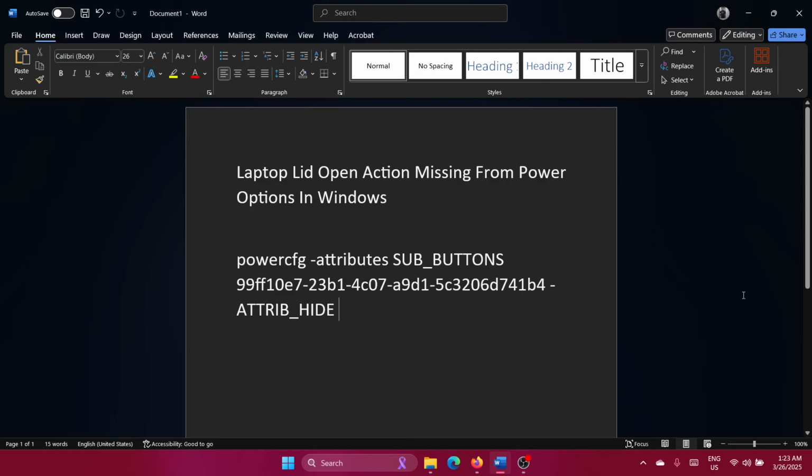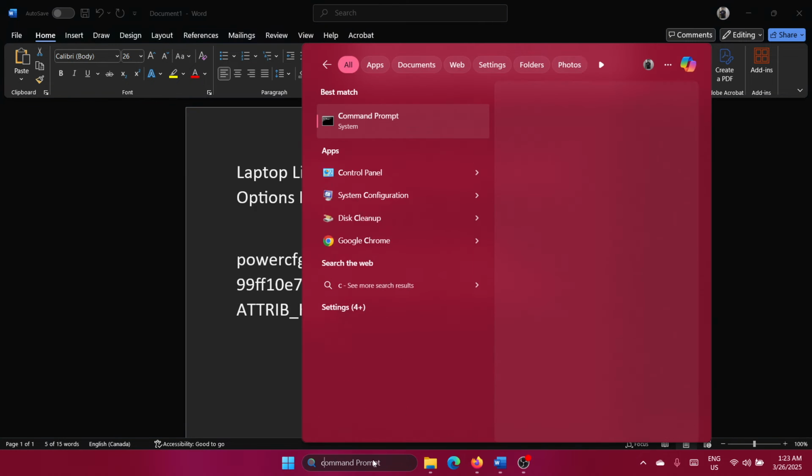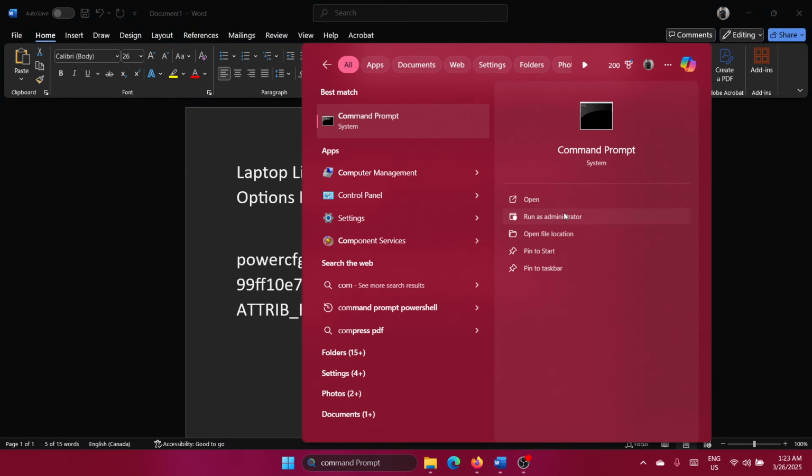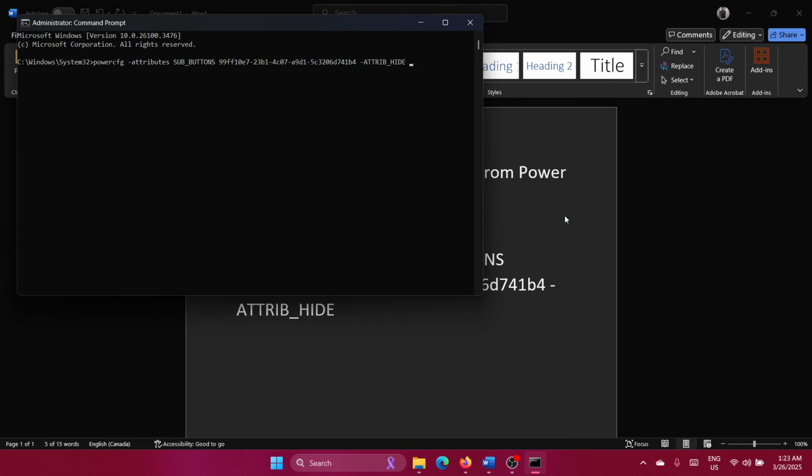Hey friends, the laptop lid open action is an option in Power Options in Windows, but a few users say that it's missing. Now all you need to do is that I have a command for you. Copy it, search for command prompt, click on run as administrator, paste it, hit enter, and this problem will be